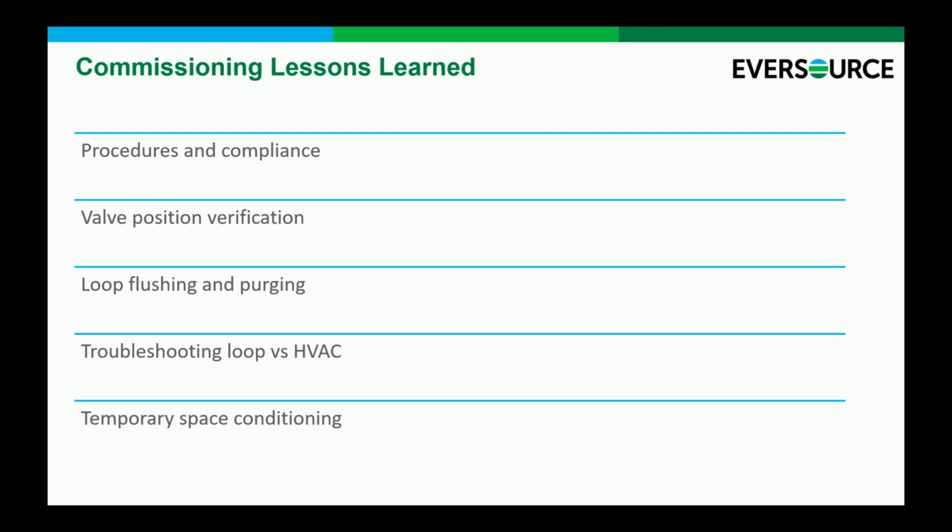Lessons learned from commissioning, I did want to call this out separately because although it does seem like getting the assets in and the construction itself is the big lift here, I cannot overstate how important proper commissioning is. Flushing your systems well, getting the air out, getting the debris out, and then making sure, honestly, that the vendors understand the whole system. This is one of the big lessons that I have learned in the past few weeks here